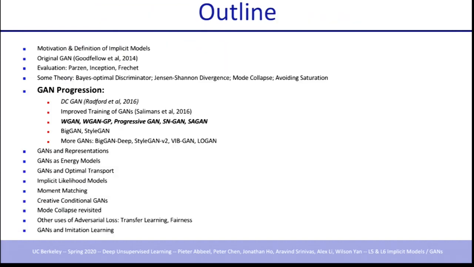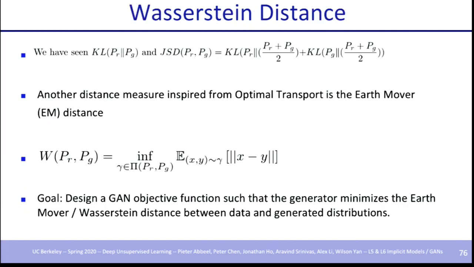Cool. So next we cover the more modern versions of GANs after that, because these were all a lot of nice tricks. So remember that Pieter focused on this aspect of GANs optimizing some kind of a distance metric between your real distribution and your generated distribution. And GANs are implicitly basically trying to optimize this Jensen-Shannon divergence between your real and generated.